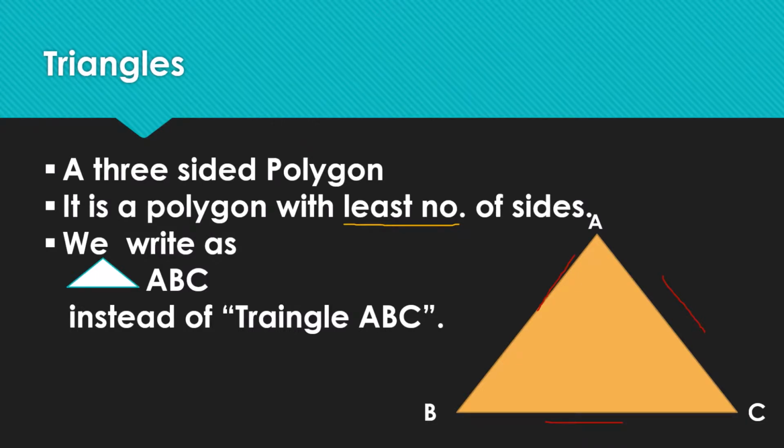Now our next point is, we will not write triangle as this, triangle ABC. In place of that, we use this symbol, triangle ABC. This is the symbol of triangles, so we will use this triangle symbol to represent a triangle, whether it is triangle ABC or whatever name, XYZ, we can use. We will use this type of symbols and name it.